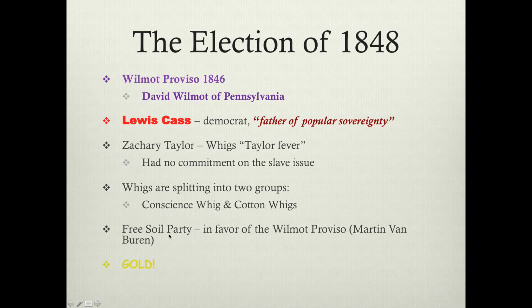There was a major third party that ran in this election, the Free Soil Party. They nominated Martin Van Buren, of all people. Martin Van Ruin, right? They ran him as their candidate. But they ran on the platform that the Wilmot Proviso must be passed. Zachary Taylor wins an election. He should have had an easy term, but by 1849, gold is discovered in California. And we're going to talk about that specifically in class on Wednesday. And that is going to just about tear the country apart. Gold. The 49ers are coming. The great gold rush for California, which is going to also help lead to the Civil War.